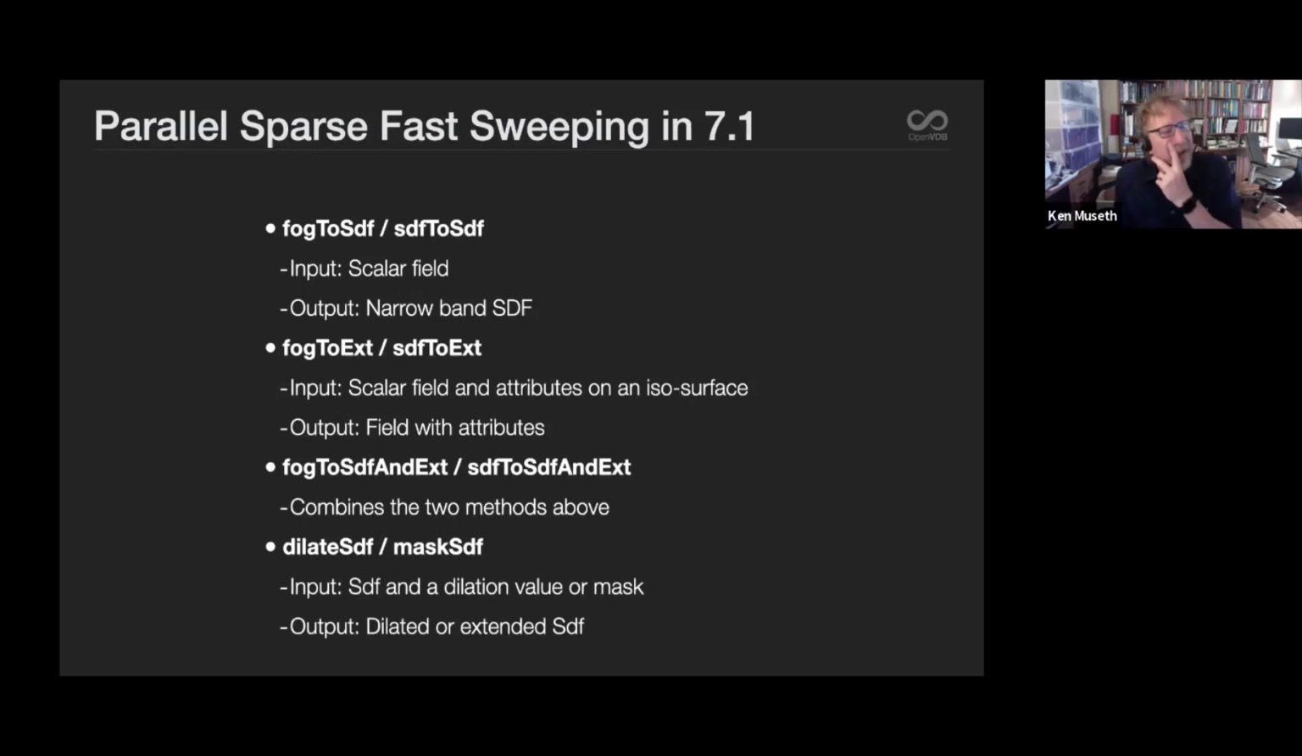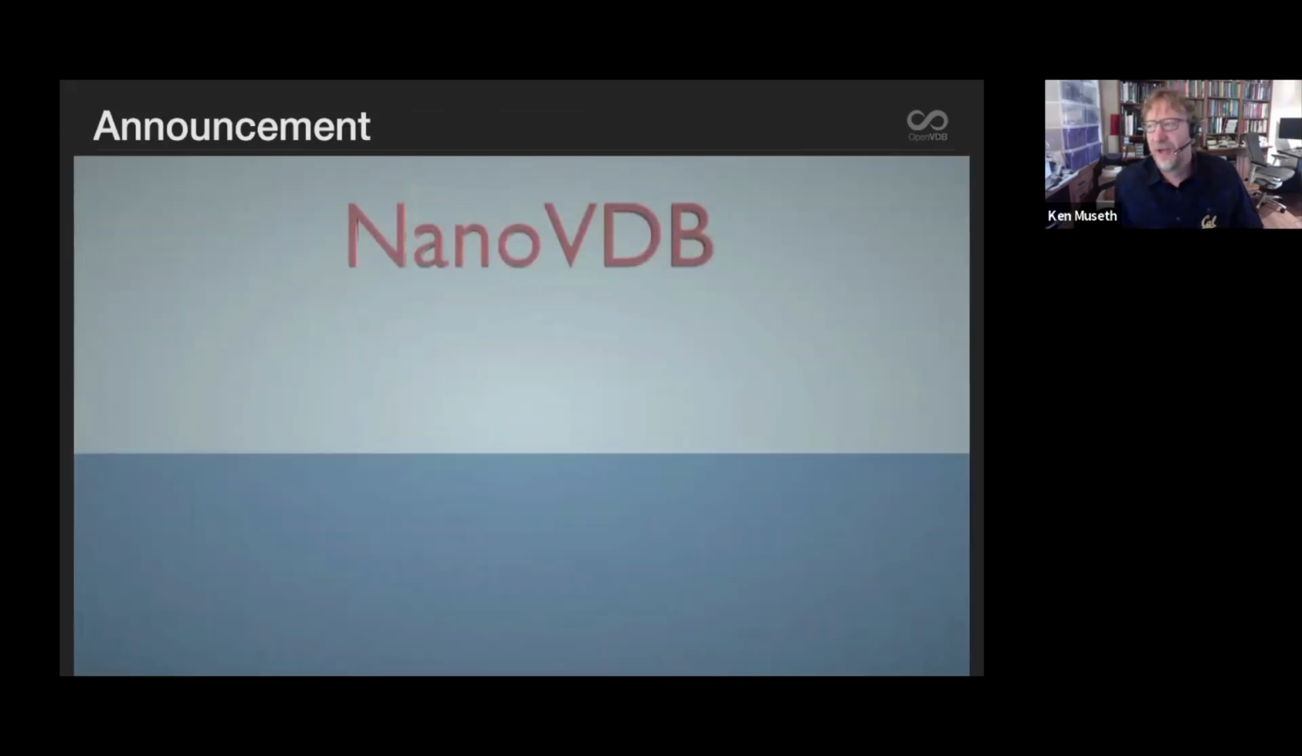And finally, there are two methods that complement methods that we already have, but it turns out these are significantly faster. We can take an existing narrowband signed distance field and dilate it, inflate it, make the narrowband width wider. And as a completely new thing, we can also extend a signed distance field into a mask of another grid, which is a completely new feature. All right, so at this point,